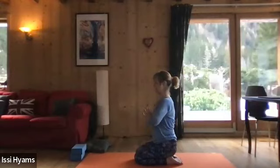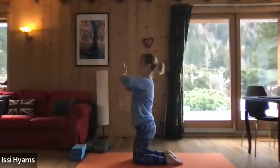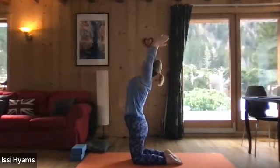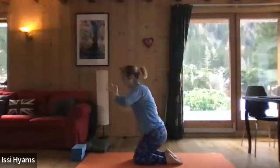to go for the cow back at the top, so a little bit more of an opening back bend. Don't go too far though. If you're happy just expanding, then do so. When you're ready, inhale, take the arms up above the head, roll the heart forward if you're coming with me, look upwards, take the hands back out your peripheral vision, exhaling, rolling down and coming through into that cat back